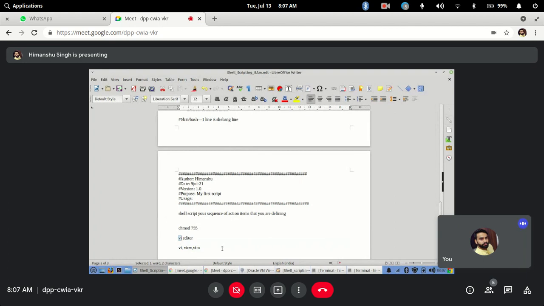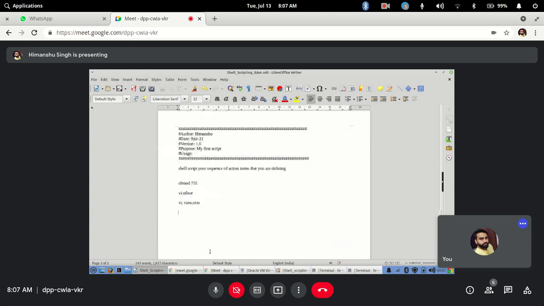Whether you are working on Ubuntu, Red Hat Linux, HP UX, or AIX servers, any type of server operating system, VI editor would be there. So it's the same across any type of operating system you are working on. It is not going to change, and it is one of the most common tools for editing and manipulating files on Linux based systems. So you will see VI editor in any of those.